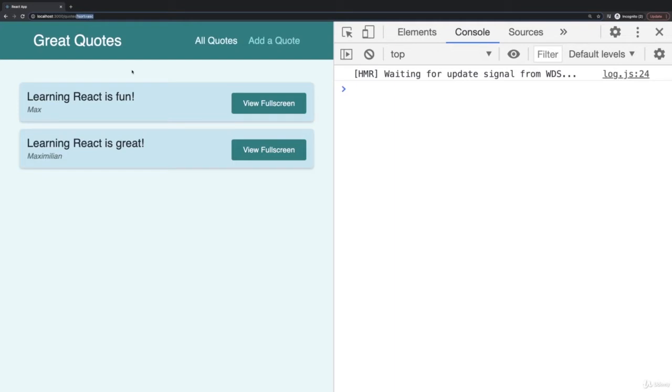And what could be a changed behavior? Well, for example, here on this quote list page, we might want to implement sorting so that our quotes are sorted in ascending or descending order by ID and therefore by age, for example. For this, I'll first of all add such a sorting functionality, so some logic to sort the components. And then as a second step, I want to set and use query parameters to save the current sorting,